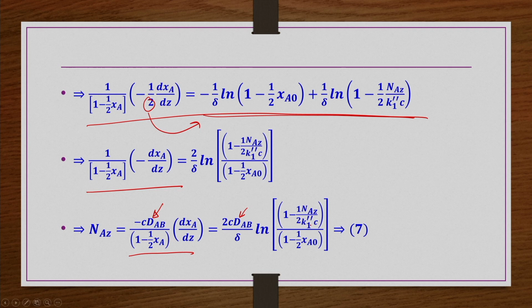Now, here also if the k1 double prime, the reaction is instantaneous, so then infinity, then this term again will go to 1 and then the solution would be the same as the previous case of part A where the reaction is instantaneous. Only thing is that k1 double prime would be infinity. So, then 1 minus 0 in the numerator you will be having 1 here if the reaction is instantaneous, which is the solution like the previous one. So, if the reaction is not instantaneous, then this correction factor of this particular term is coming into the picture.